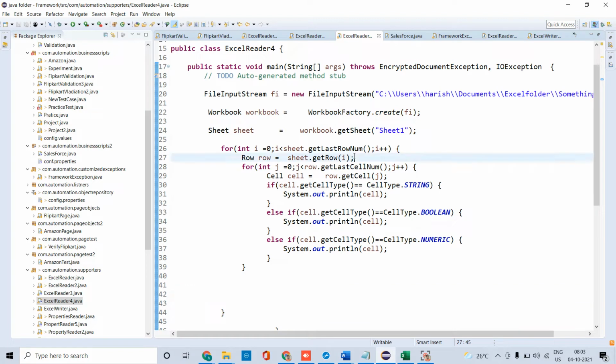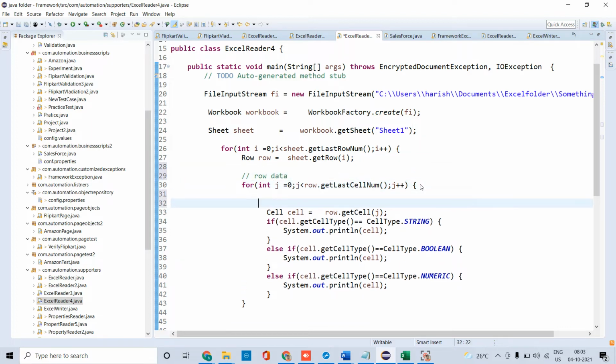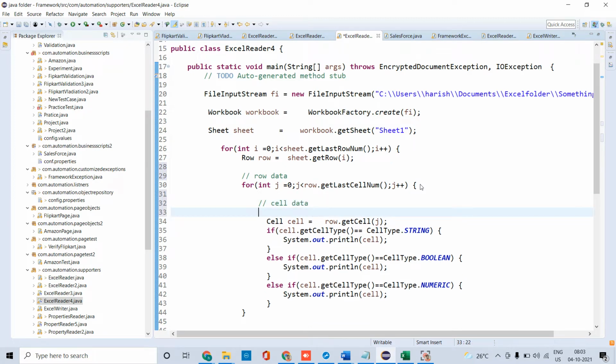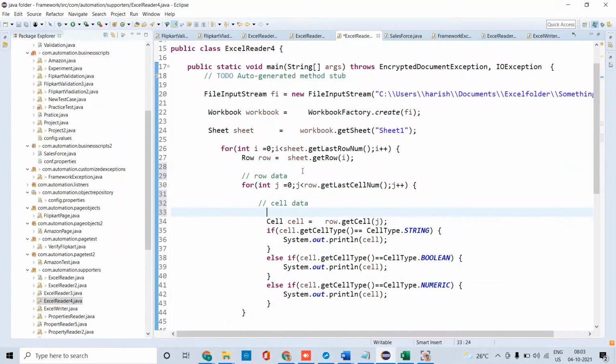This one is to get the row data, and this one is to get the cell data. Mainly, first it will go for the first row, so it will take row zero. In row zero, the first loop will be zero.